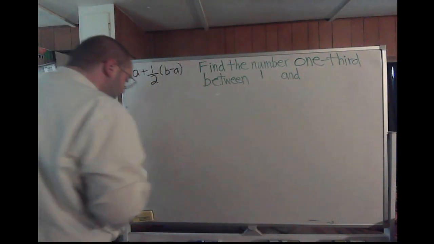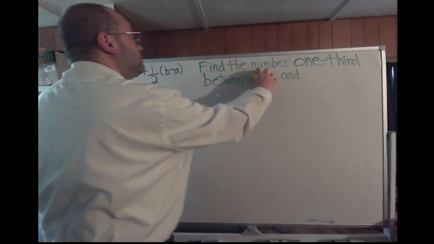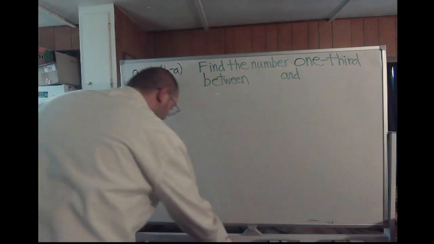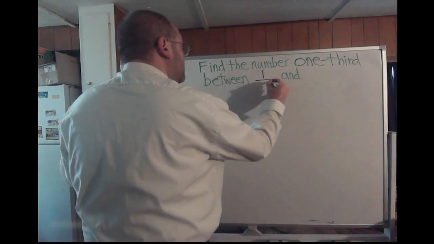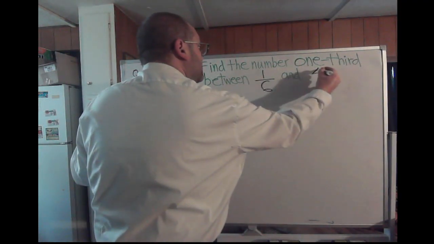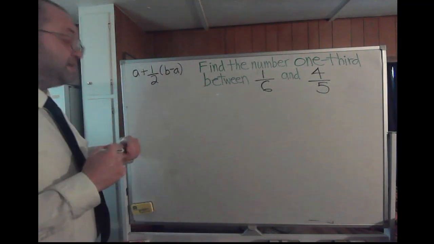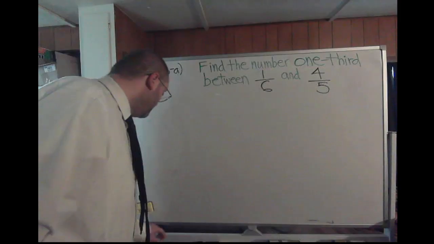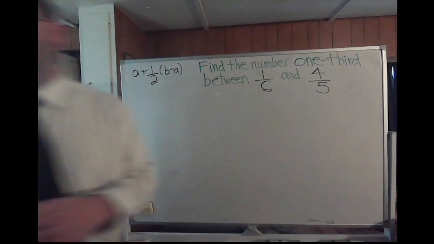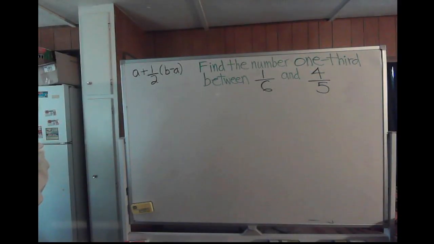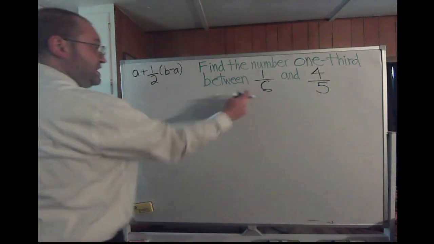Let me write that in black so you can see it better. All right, so we are now being asked to find the number that is 1/3 of the way between 1/6 and 4/5. Well, what you're still going to do is take your A, which is that 1/6,